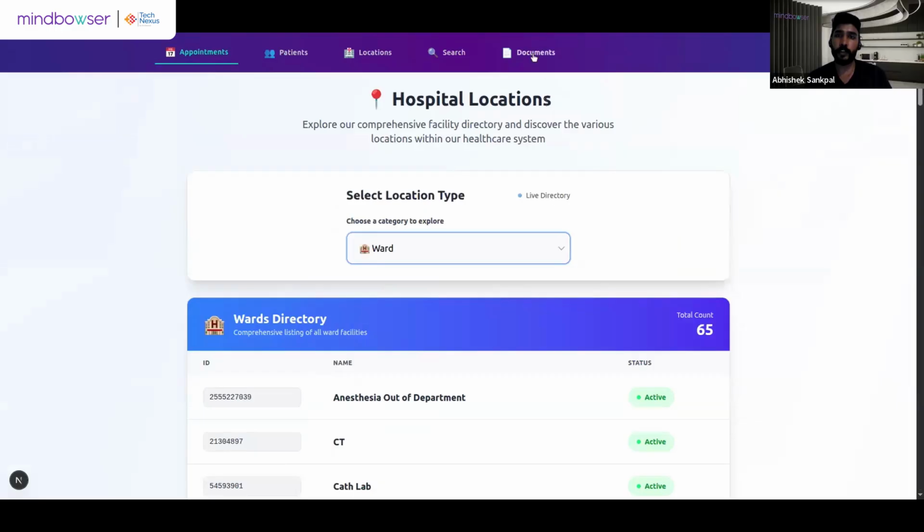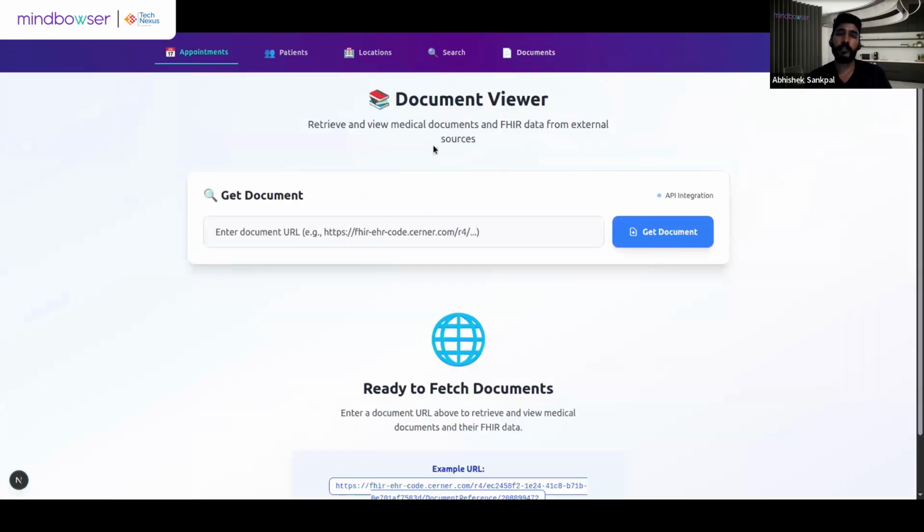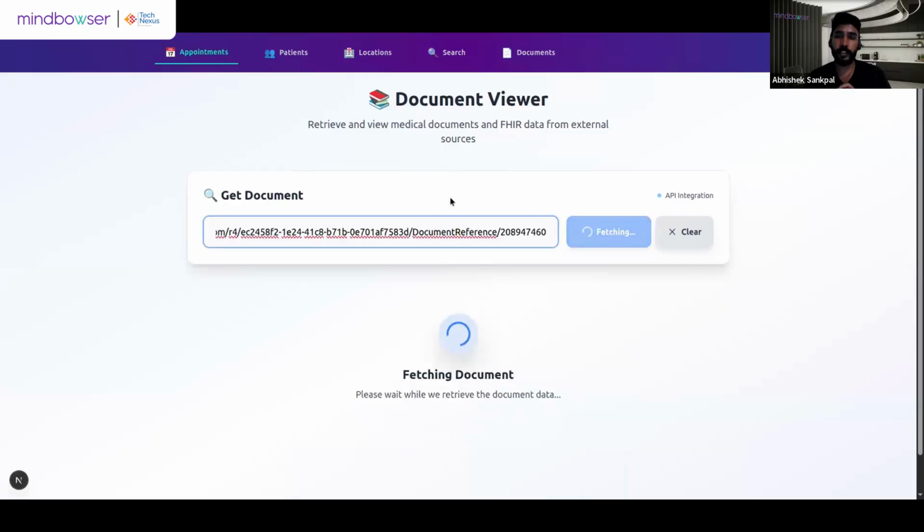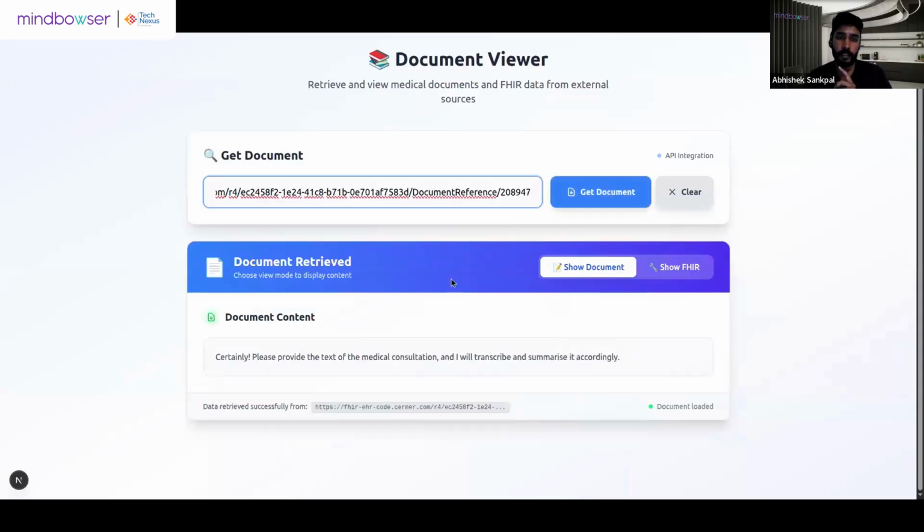And then the last page is the documents page. I have created one document and shared it with Cerner. Whenever we create a document on Cerner, it will send us a document reference link. So we can use the document reference API for this purpose. Whenever Cerner returns us the document, we can see that on this dashboard. Suppose I am here, we need to paste that document reference link, and when we click get document, it will